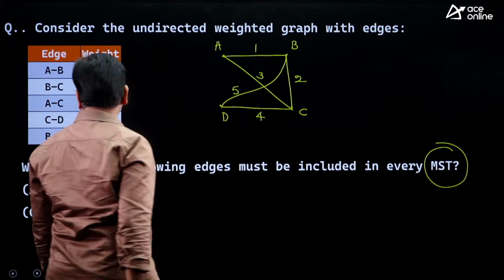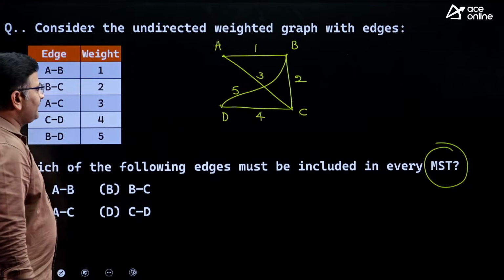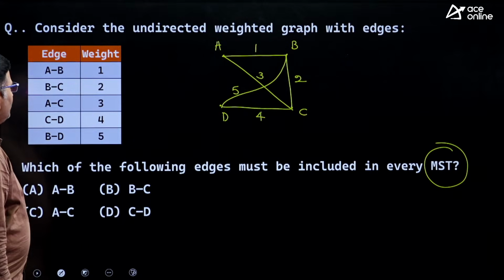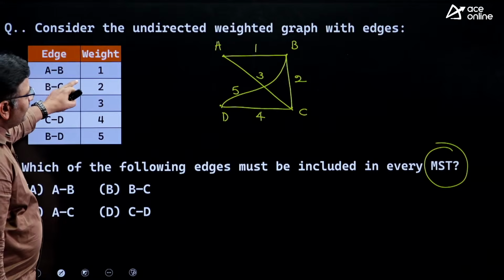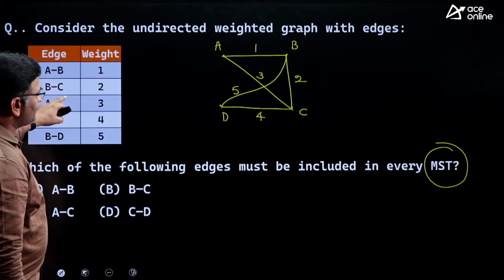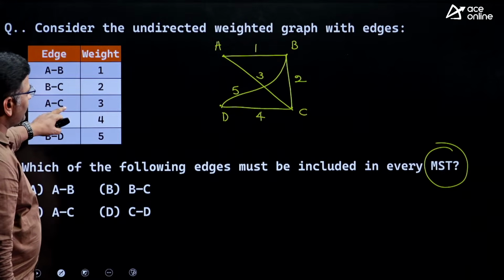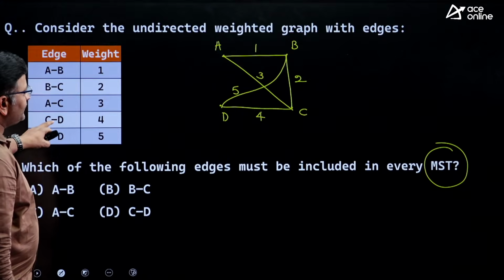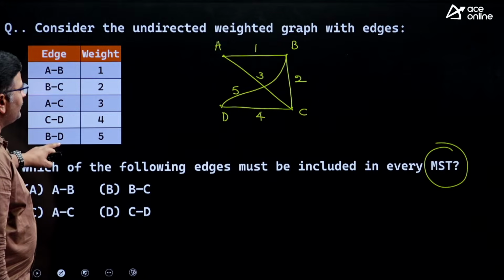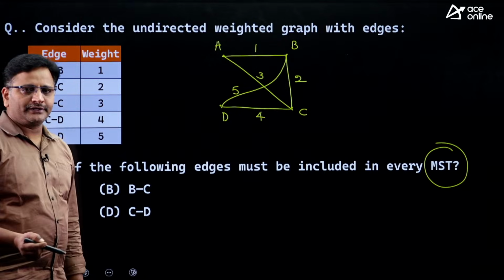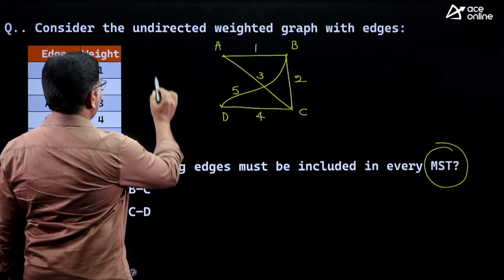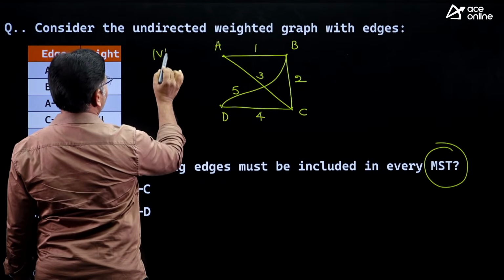That's all. B to D whose weight is 5. Right, friends. Okay. So verify, did I draw the graph properly or not? A to B, and then B to C, and A to C, next C to D, afterwards B to D. Now apply Kruskal's algorithm. The first point is, if the graph is having V number of vertices,